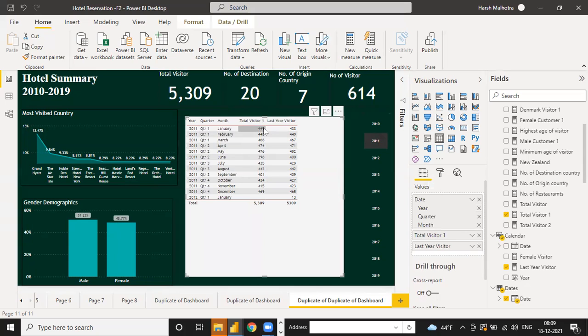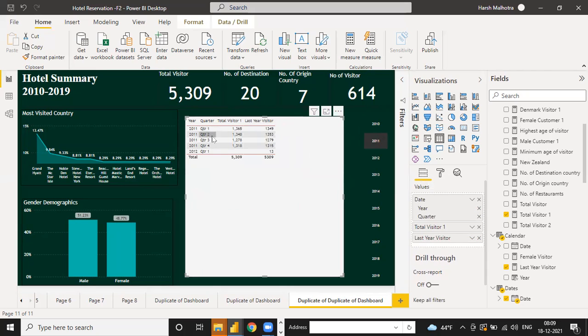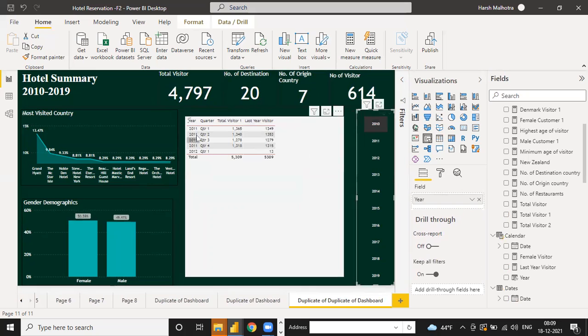Suppose here is a quarter, so see the quarter wise answer is correct. 449, 449, 448, 467, 468, 4671. So the value is correct. Nothing is wrong here. Same way, if you don't want month also, you can remove the month. This one is quarter wise data. See 1365. Why is it 1353? Because you have a similar value in 2010. That is why. Same quarter.